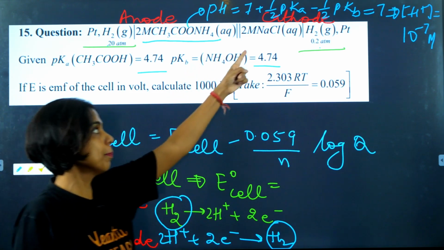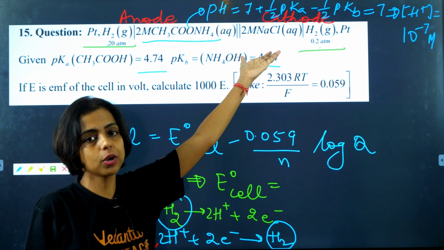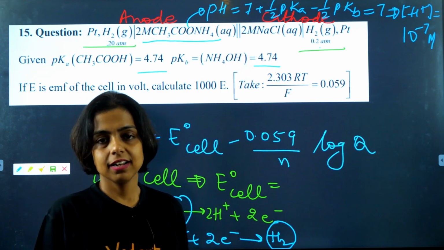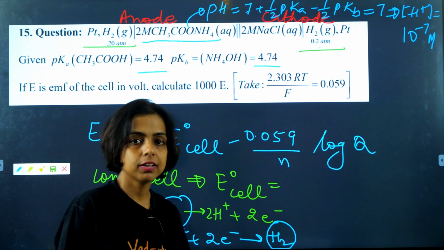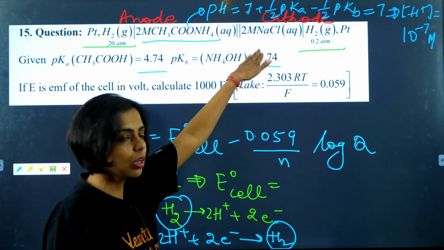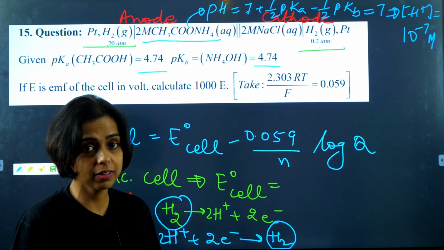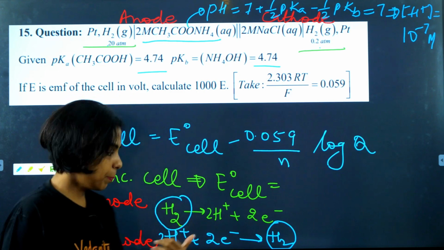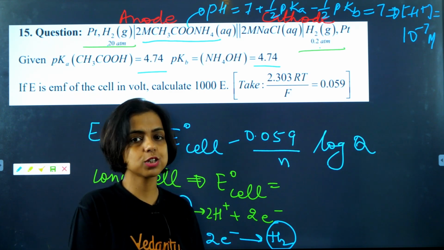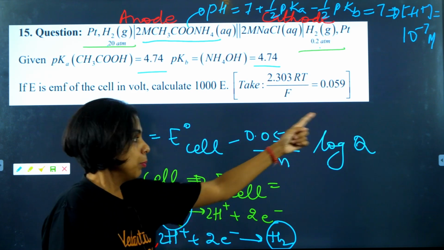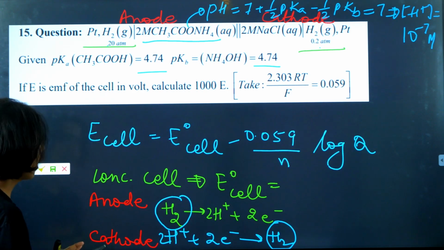Let's see the cathode compartment. We have a salt solution of a strong acid and a strong base. NaCl, the pH is 7. The NaCl solution, the pH is 7. That means in the cathode compartment also the concentration of H positive ion is 10 to the power minus 7. So you know the pressure of hydrogen in both compartments, and the concentration of H positive ion, that is 10 to the power minus 7. Put the values in Q, in the Nernst equation, and I'm sure you will get your answer